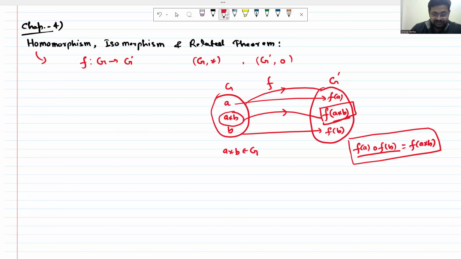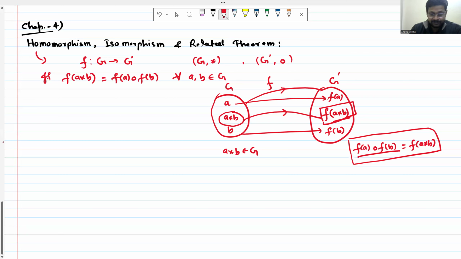Okay, so you can easily say this is said to be homomorphism if f(a star b), and you understood what the star is? Star is the operation in G, and this is equal to f(a) o f(b), because f(a) and f(b) are elements of G dash. Okay, then if you are operating them together, the operation should be from G dash. And this is for all a and b in G. Got it? So if a function is of this type,